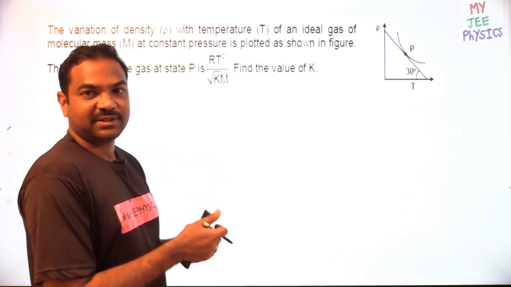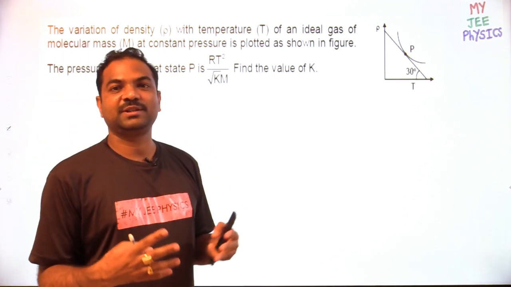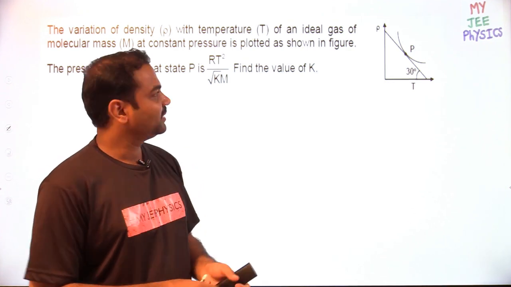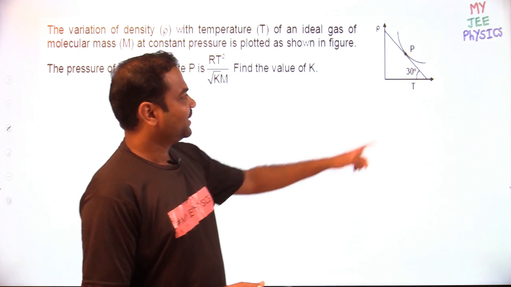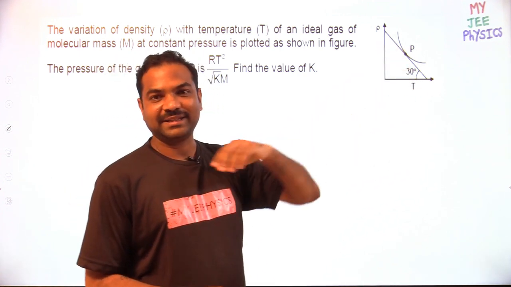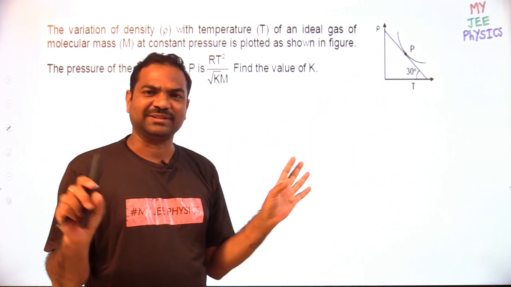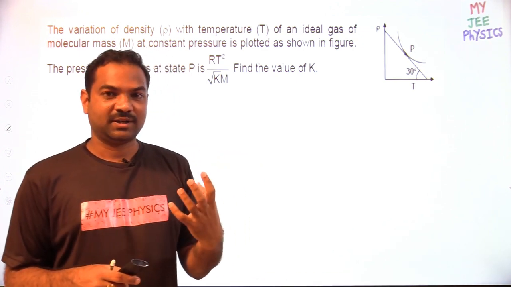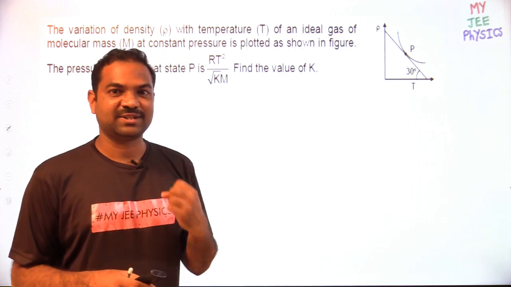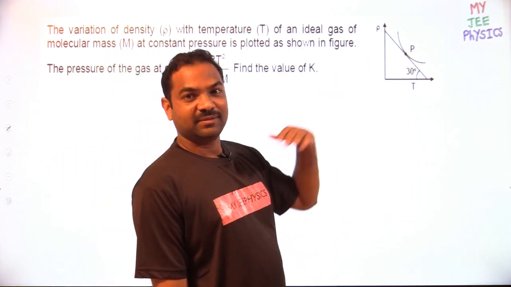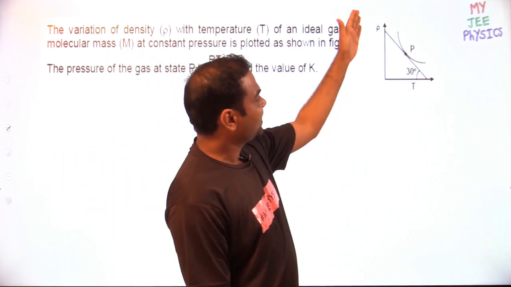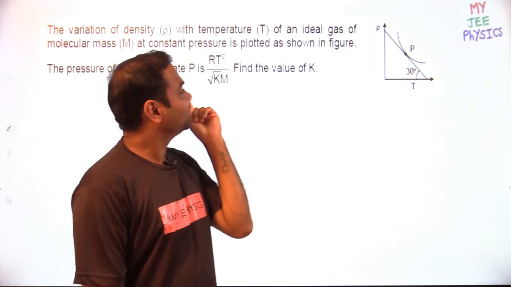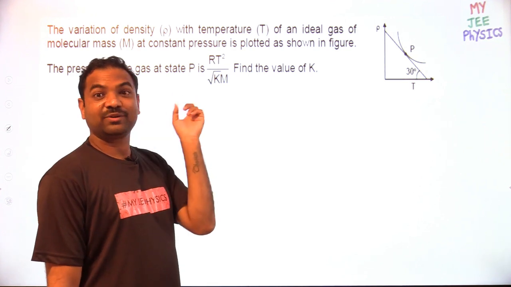So this is the question, but there will be some more intelligent people who spontaneously react to the question and answer like this. Here the angle is 30, so the slope is tan 30. Sometimes they don't bother about the question. They are fortunate enough to take the answer from the question. Some people are not like that. So the tangent makes an angle of 30. What is tan 30? It is 1 by root 3. Here 1 by root k is there.